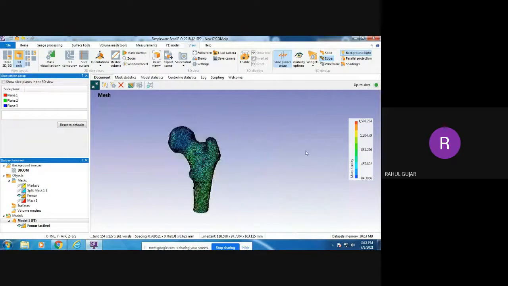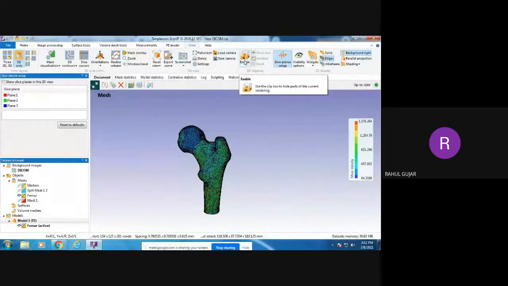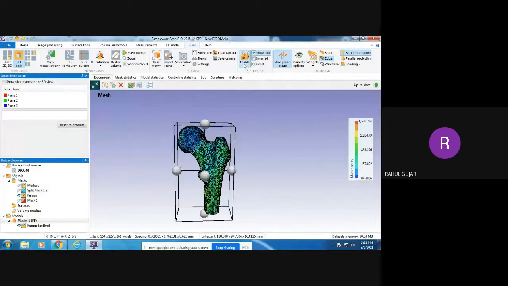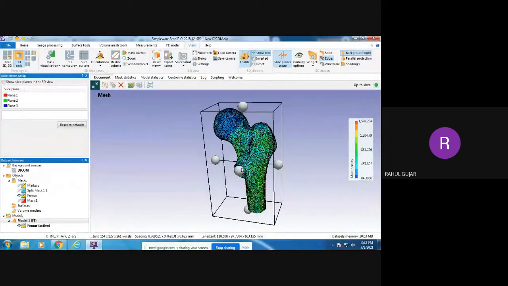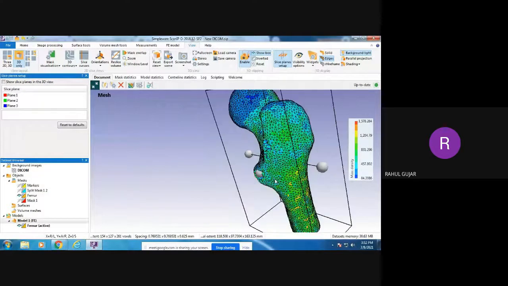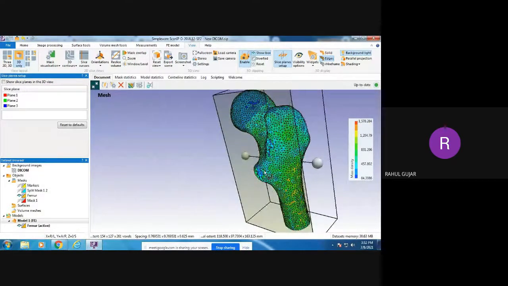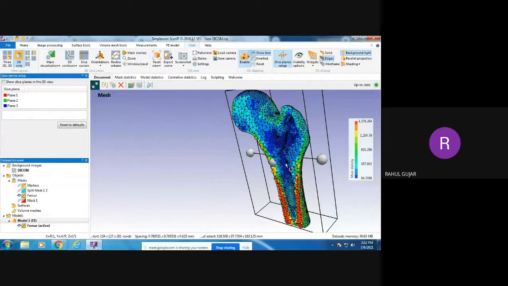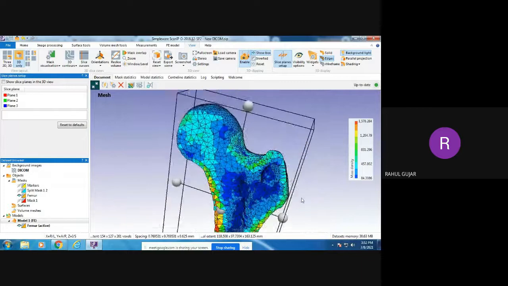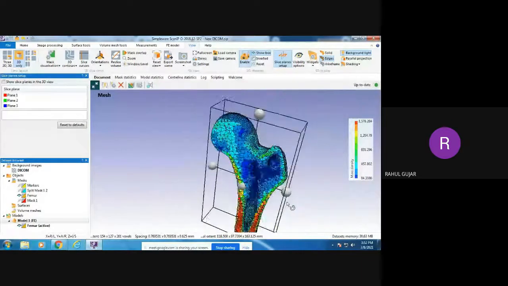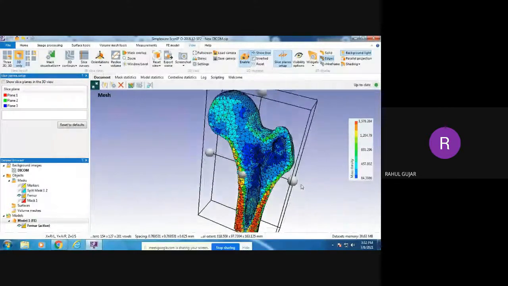Now, if you want to see how the material behaves inside, click on the enable option in the 3D clipping, by which you can understand how the material properties are distributed inside the material. So you just cut this material like this. Look at that. This way the density is distributed inside the bone. This is the cortical bone.